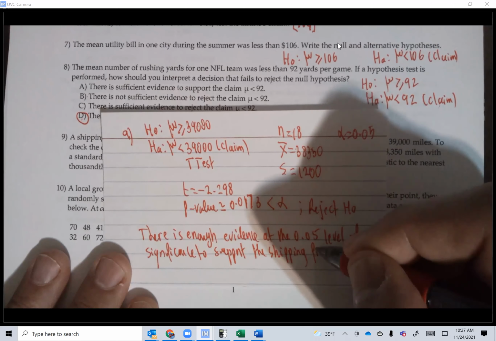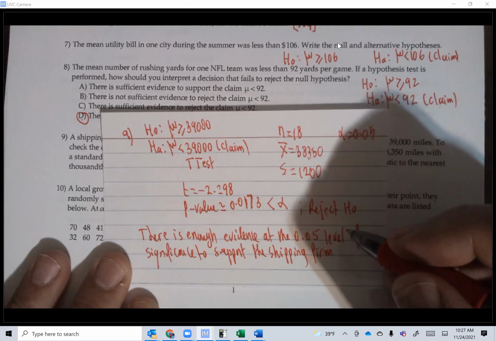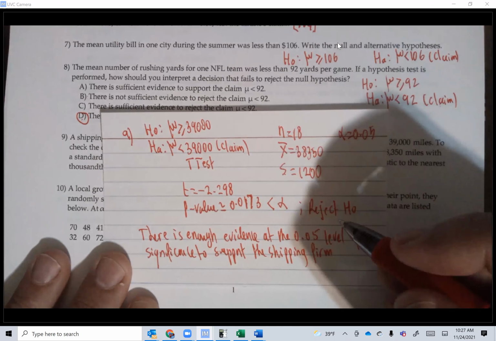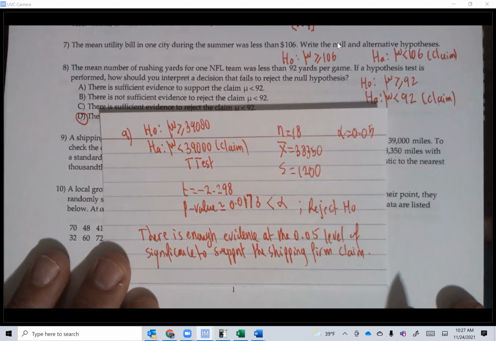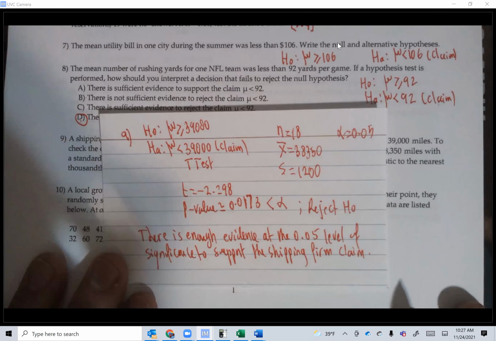So we are saying we support the claim, so their suspicion is right. Any questions about number 9, guys? So that's a very good review of section